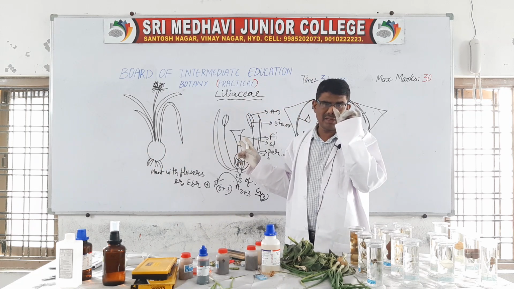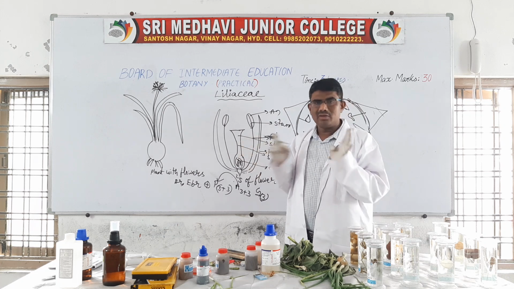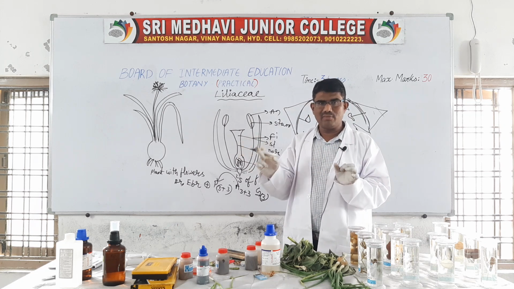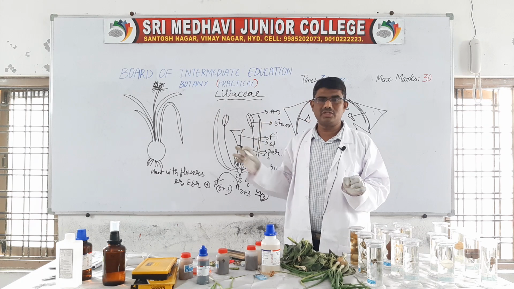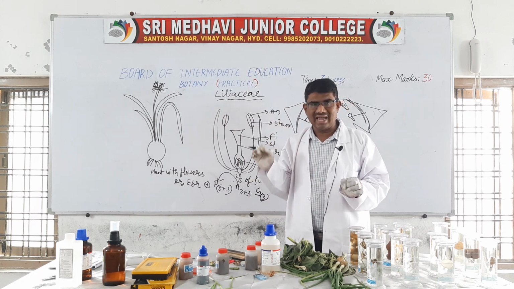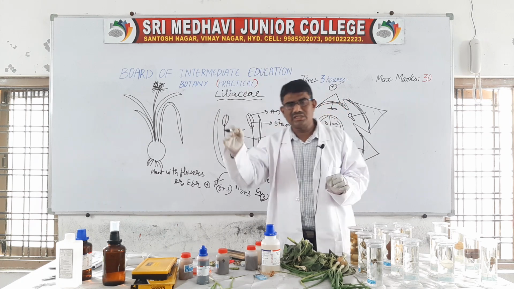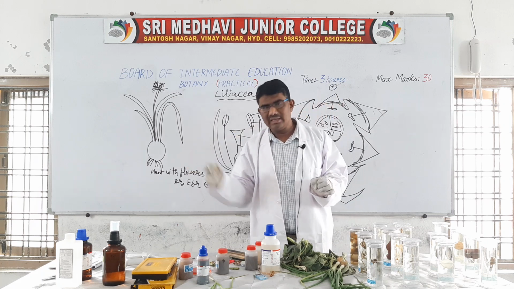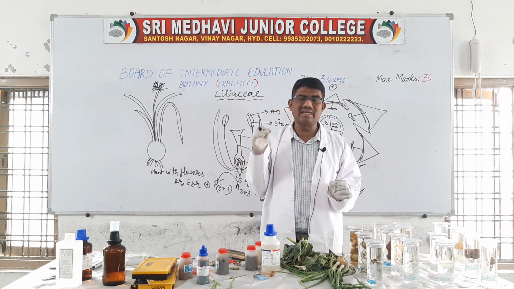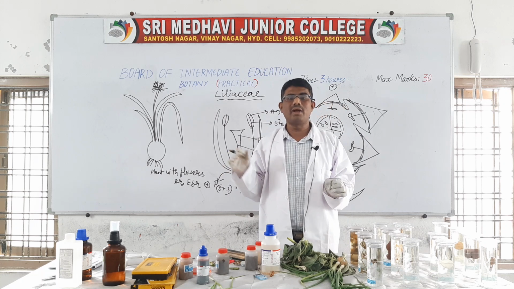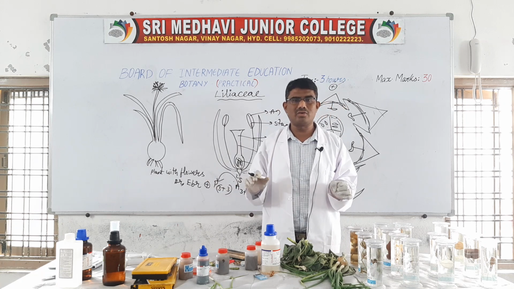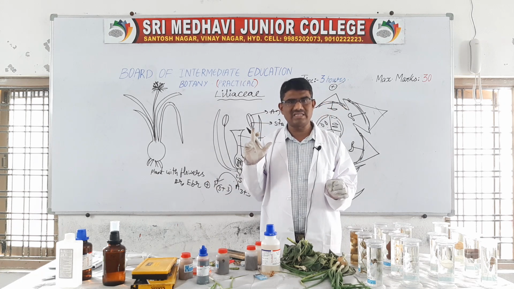These 3 diagrams are must and should for the practical examination. The first question, Solanaceae or Liliaceae, one will come. You have to write all the characteristics. Then in the next video, I will show the dicot stem diagrams. The diagrams necessary are dicot stem or monocot stem, dicot root, monocot root; one of them will come. That is the second section.